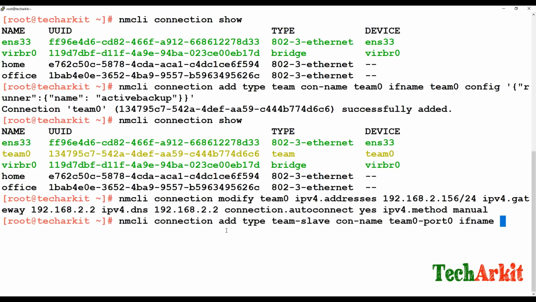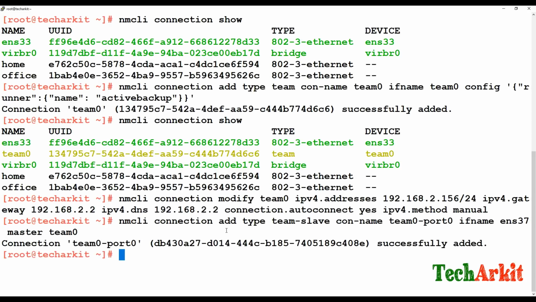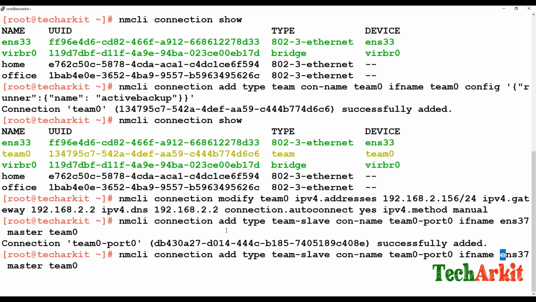So the name which I'm going to use over here is ENS37. I already have the same connection name, right? I'm going to use the same ENS37. Team 0 is the master one, and I'm adding this ENS37 as a slave. So I'm defining the master as team 0. Okay, enter, and the same configuration I'm just going to apply to this